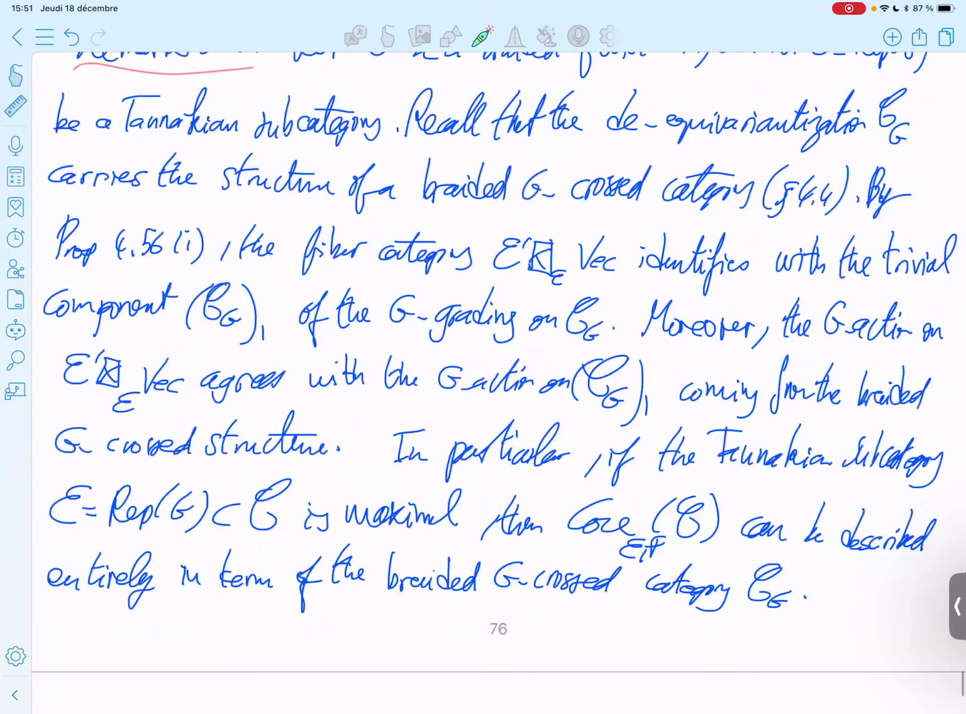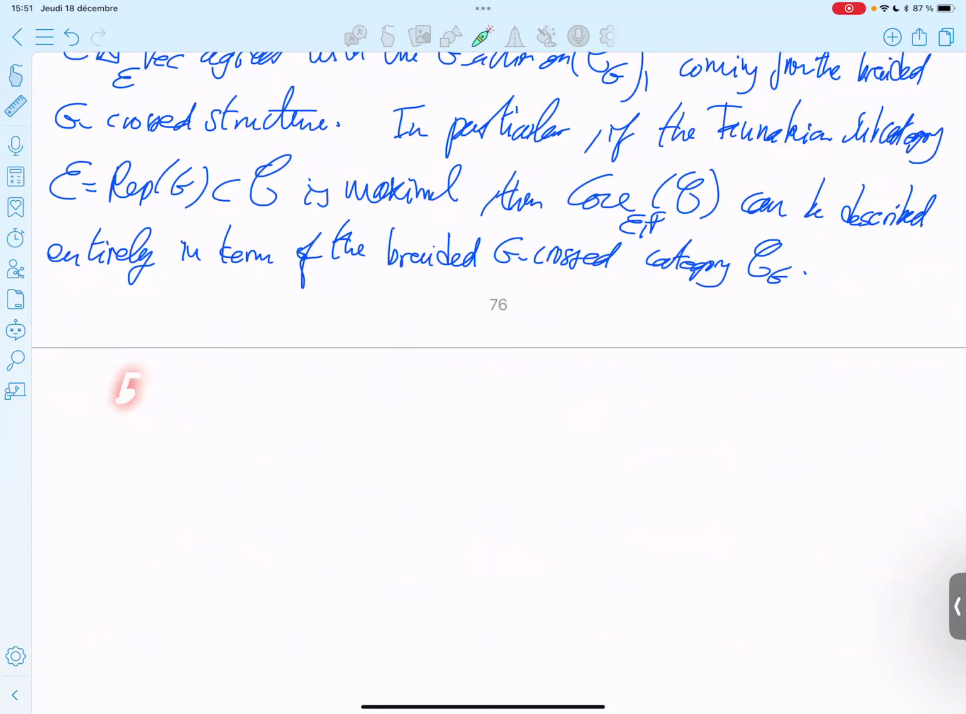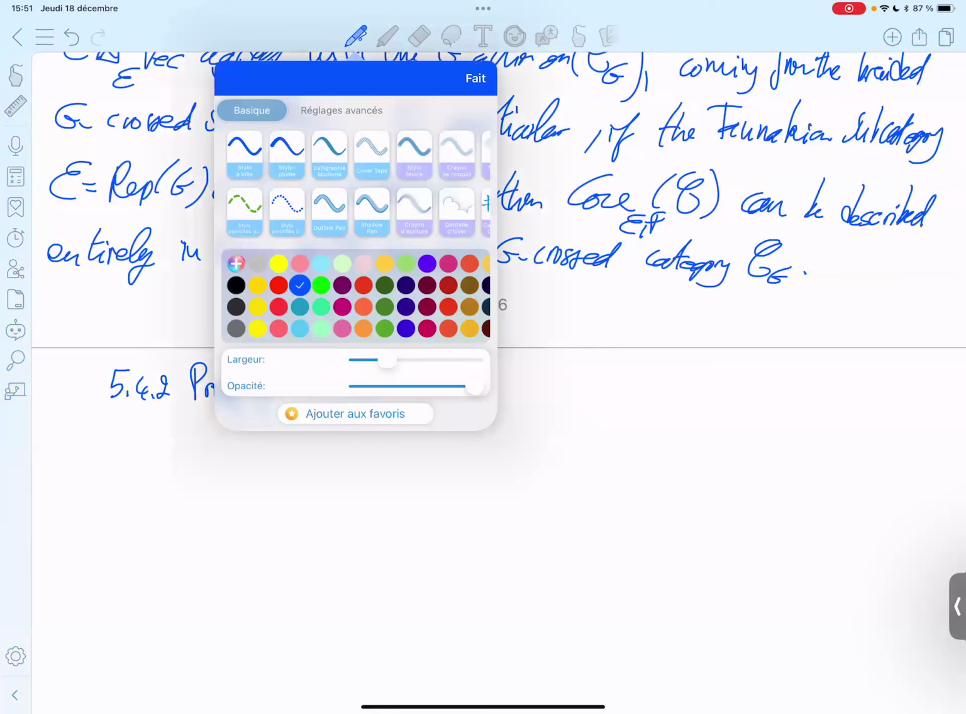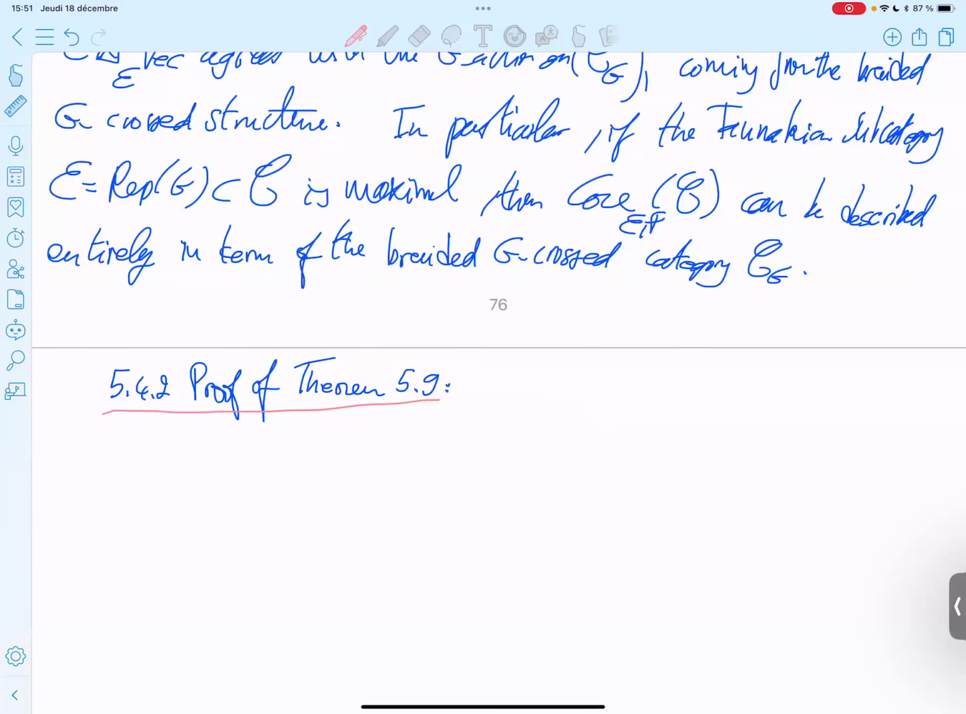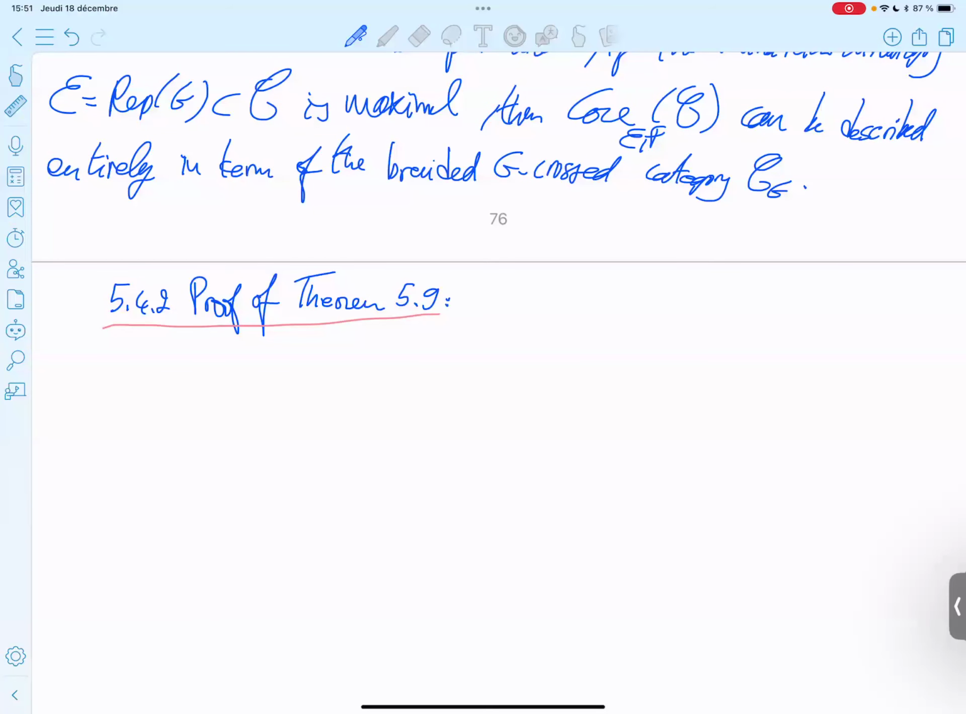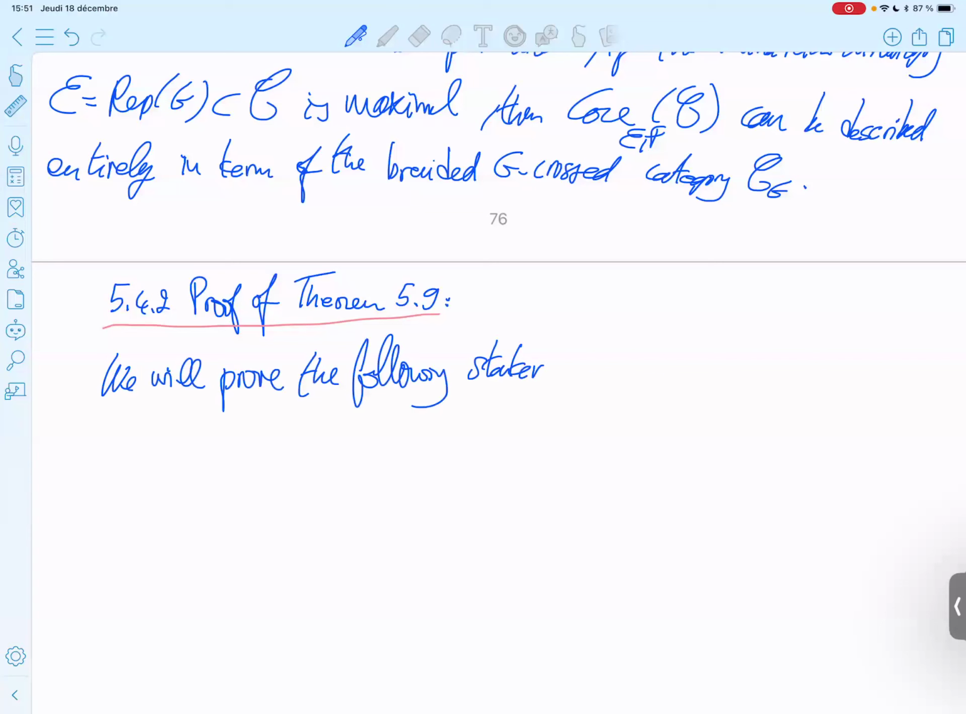Okay, so how to prove that? Proof of theorem 5.9. In fact, as I said, we will prove something a little bit stronger. We will prove the following statement,